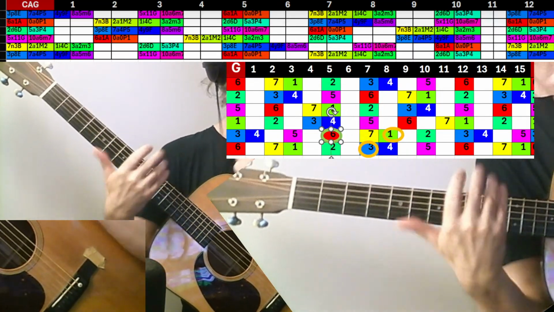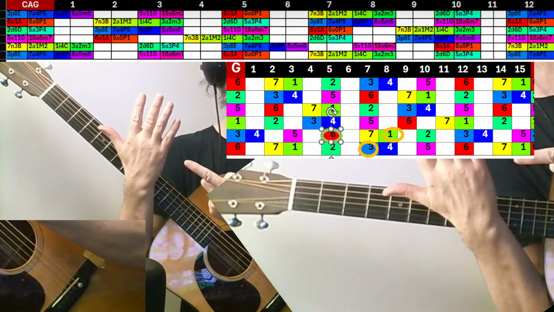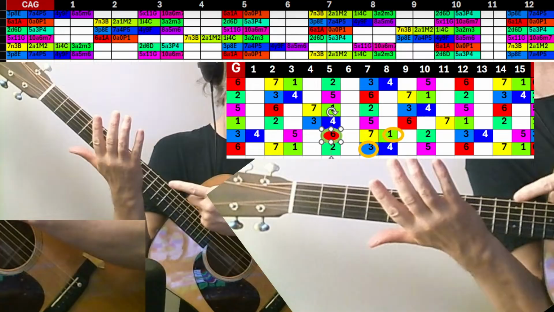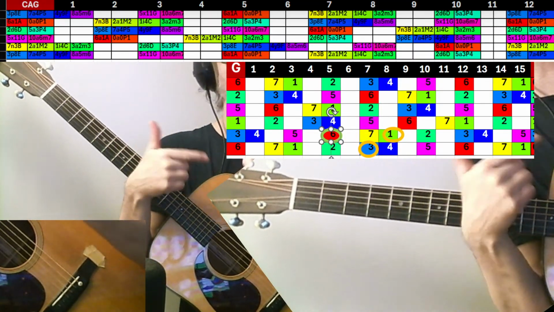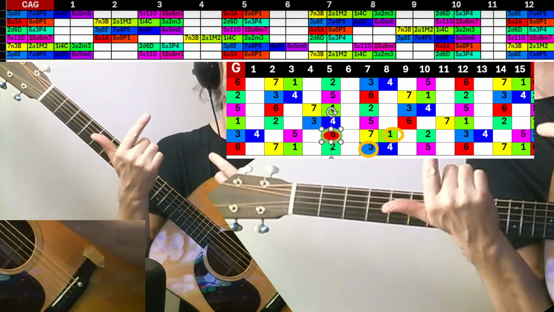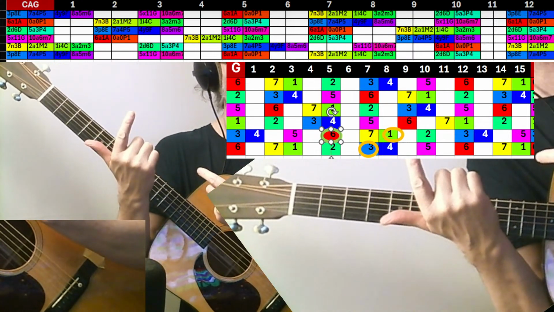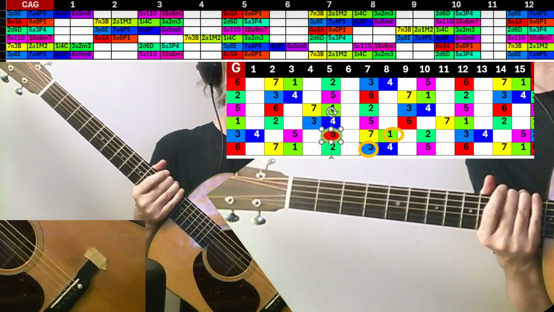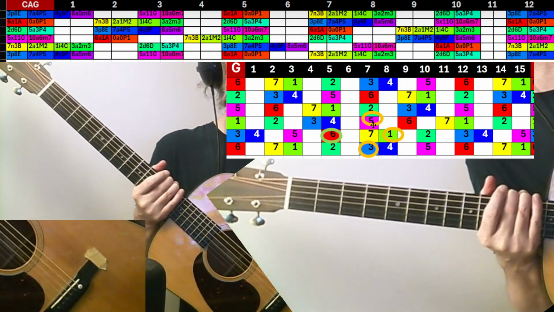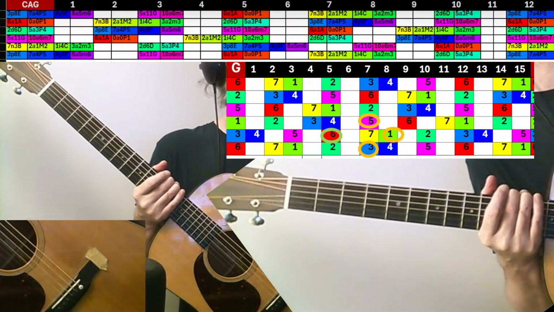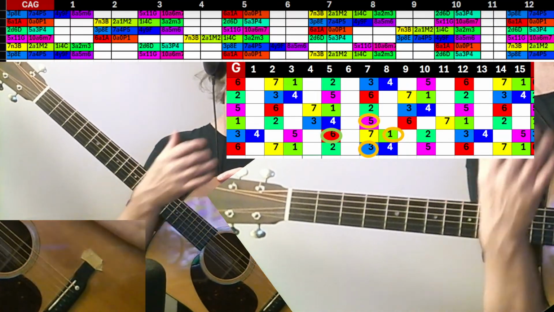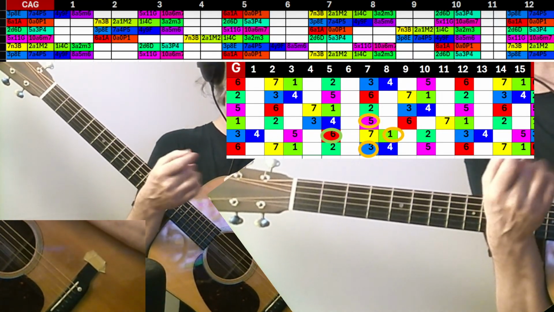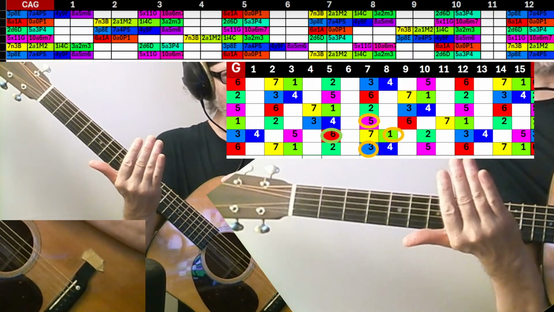Okay, so what about the 7? 7 minus 1 is 6 modal half steps up. There's only 7 steps, so if I go 6 steps clockwise, 7 minus 6 would be 1 step counterclockwise, meaning I can go 6 minus 1, which would take me to nodal point number 5. So nodal point number 5 would be here. That means that nodal point number 5, Mixolydian, is always, from the perspective of the Aeolian,